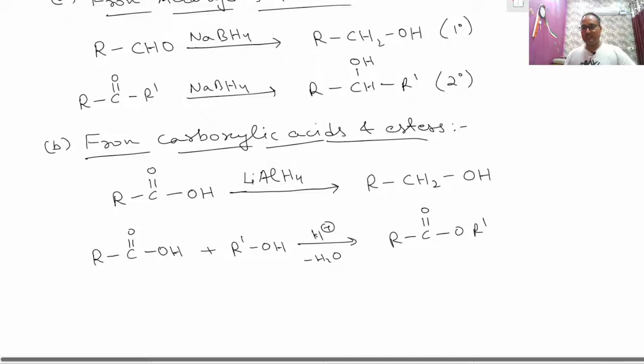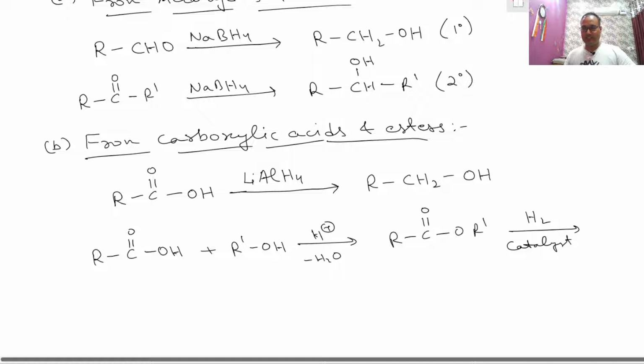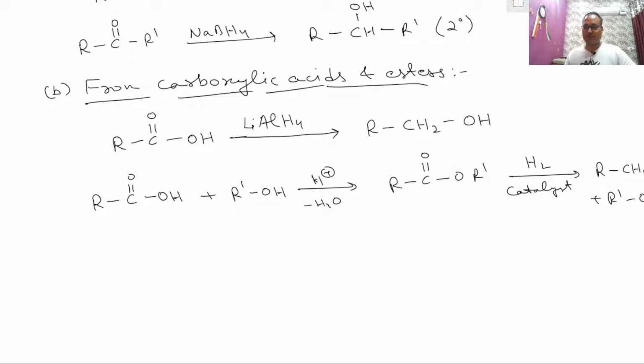After that, this ester is reduced with H2 in presence of a catalyst, and we will get the respective alcohol plus R'OH. We get this mixture of alcohols, the alcohol which was used to convert the carboxylic acid into ester plus the reduction product of the carboxylic acid. So it is a cheaper method of converting our